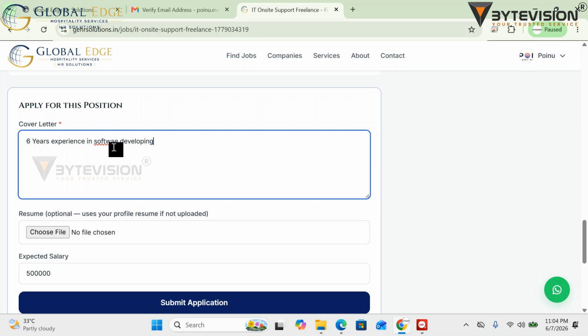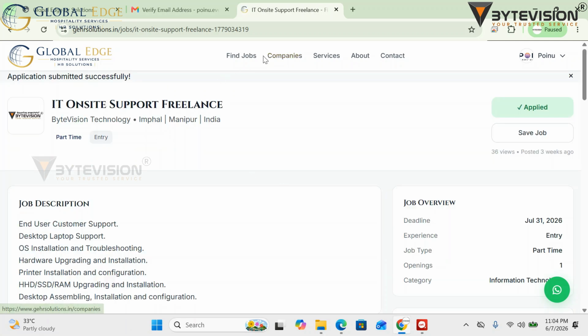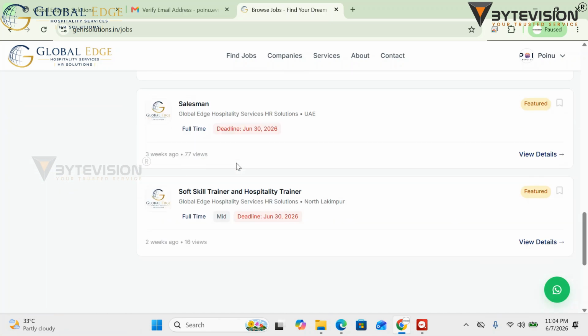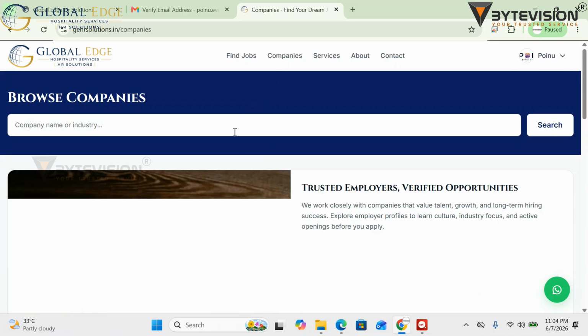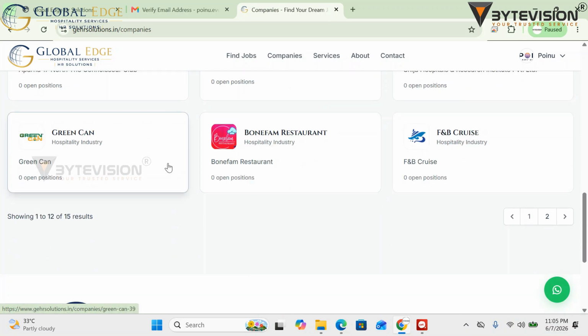The hospitality industry thrives on excellence, professionalism, and outstanding customer experiences. At Global Edge, we specialize in connecting businesses with talented individuals who bring passion, commitment, and expertise to the sector. Our services offer customized manpower and HR solutions that support organizational growth while helping candidates discover meaningful career opportunities in the